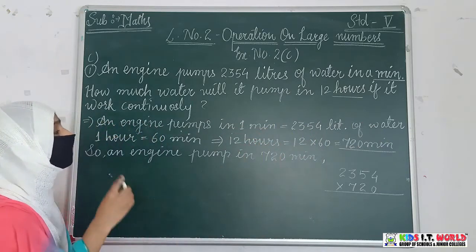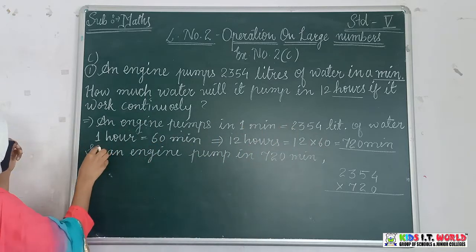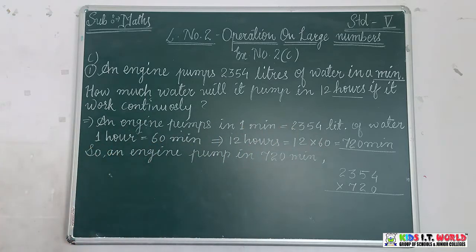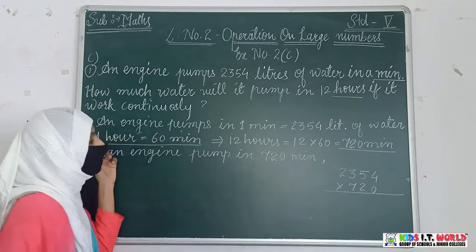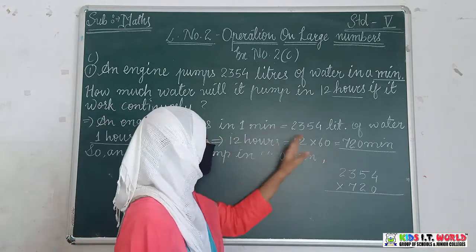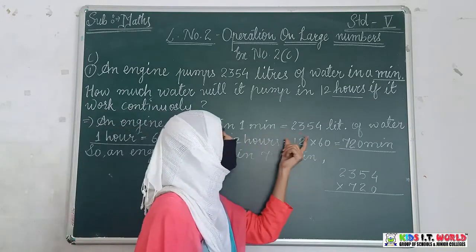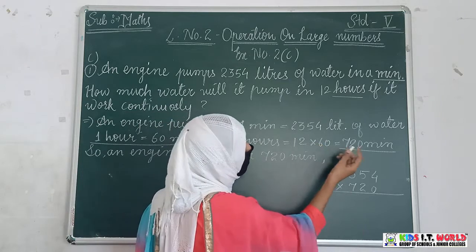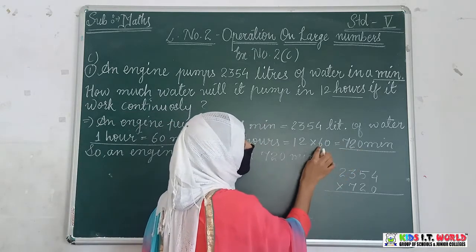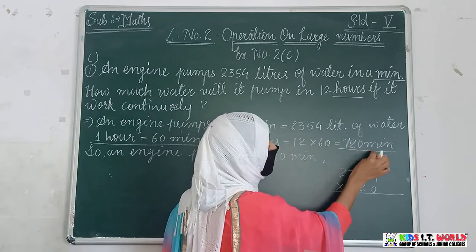So first of all you have to convert hours into minutes. So how will you convert? You know that the value of 1 hour, 1 hours में कितने minutes होते हैं? 60 minutes. So you have to convert from this logic. You have to convert 12 hours into minutes. So what is the value of 1 hour? 60 minutes. So you will multiply 12 by 60. So here in the simple process, as in the previous exercise I told you, write down the zero here, and 12 6s are 72. So 12 hours is equal to 720 minutes.